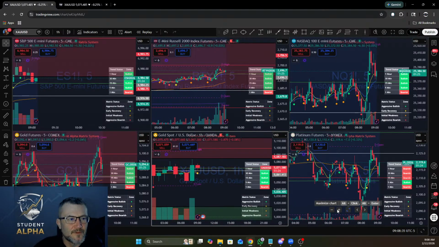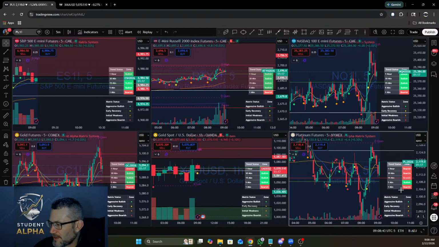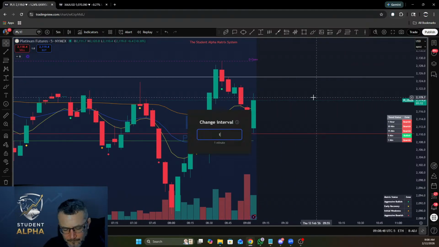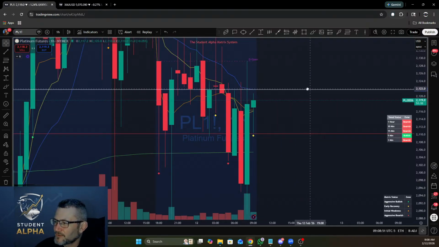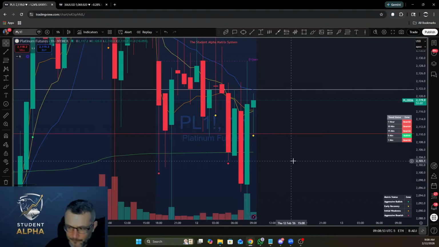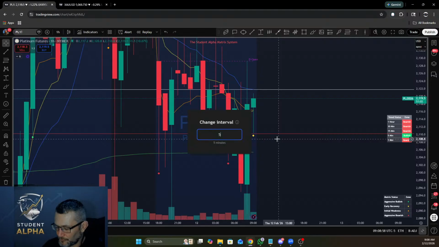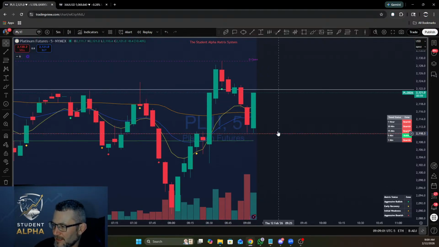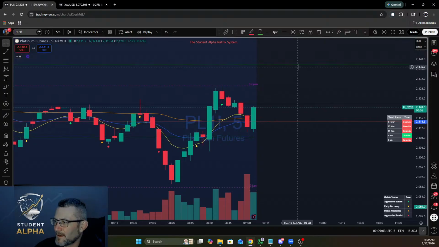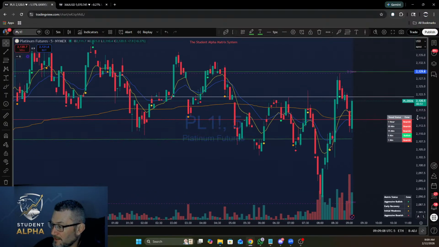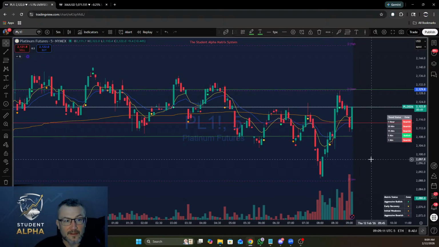Platinum, supposed to be platinum futures. Open price 21.17, high of the day 21.39, low of the day 20.87. I like that 2,000 range for a swing, right? We are short bias. Bias doesn't flip until 21.22, but it looks like it's recovering a little bit here. So if we go back out, the next trade setup would be a short below the VWAP and a long above the open price. If you're day trading it, I prefer to swing trade it, but it's very day tradable right now, guys.